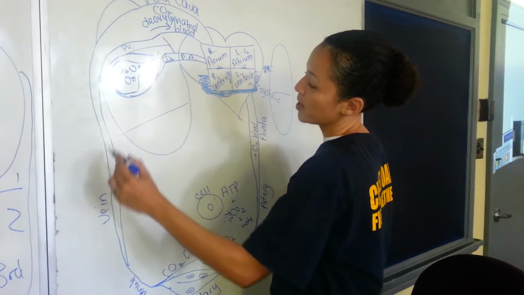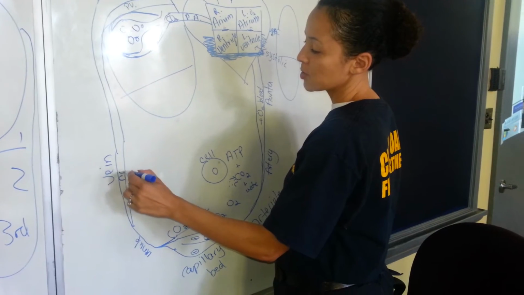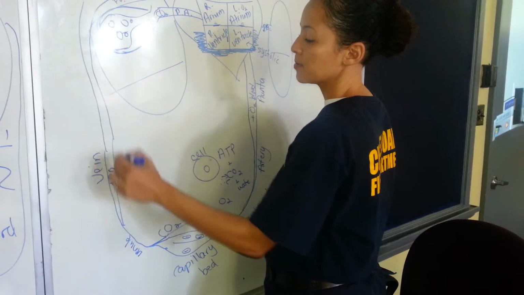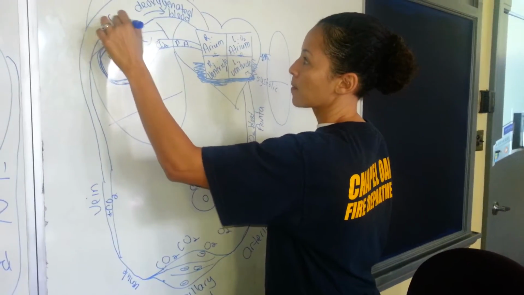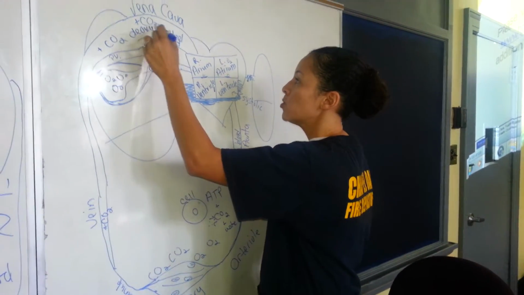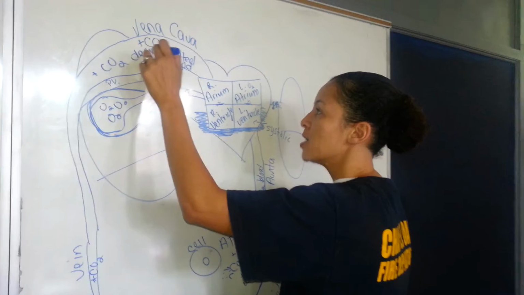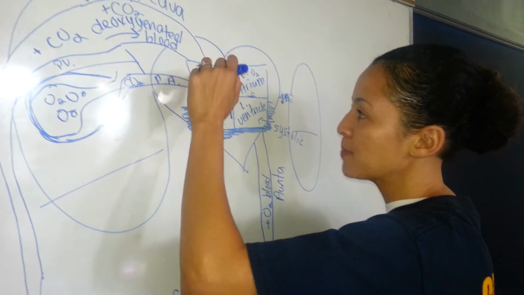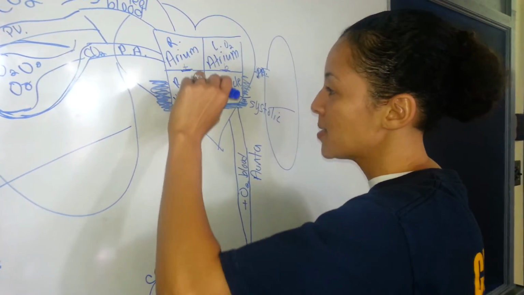This vena cava right here. Remember, this is full of CO2 plus CO2. So the CO2 rich blood or deoxygenated blood comes back into the same cycle, right atrium, past the tricuspid valve